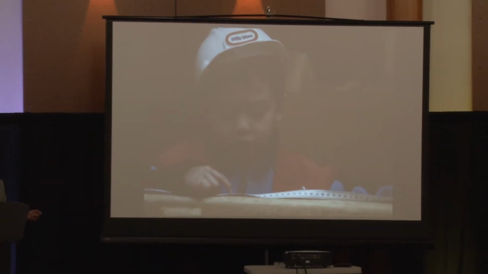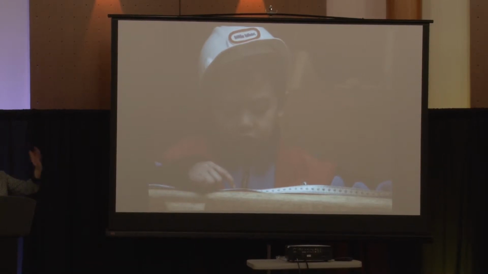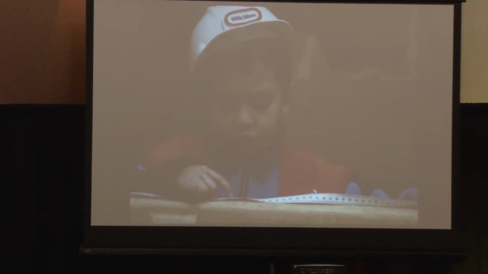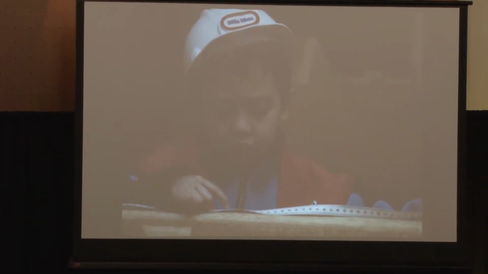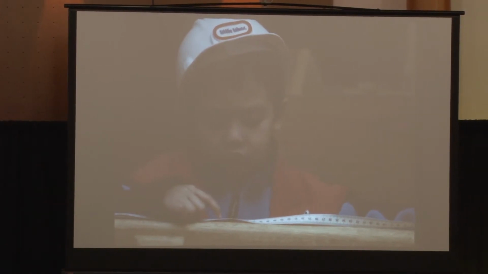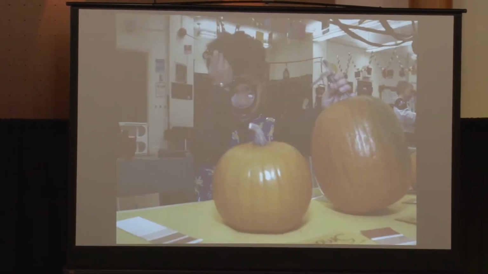Okay. And here, it's not very good, but you can see a child has access to a measuring tape so that he's playing, he's got a hard hat on, it's a construction site, and he's actually gotten intrigued with the measuring tape. Okay? Here we have the studying of the colors.